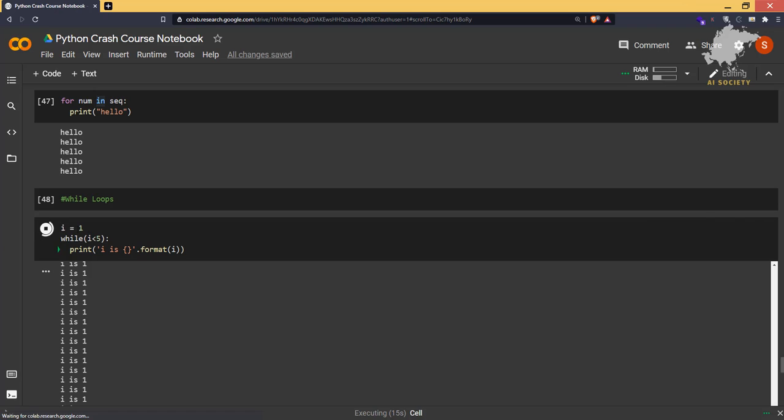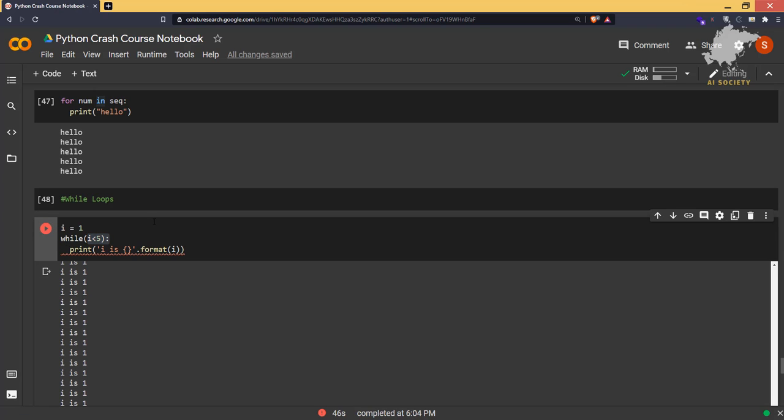It is saying that i equals 1, and while i is less than 5, that means while 1 is less than 5, print this, print i is 1. i is the value that contains 1, but it is not increasing, not decreasing. So this condition will always be true, and it will keep printing till eternity. So that is why it is very important to have